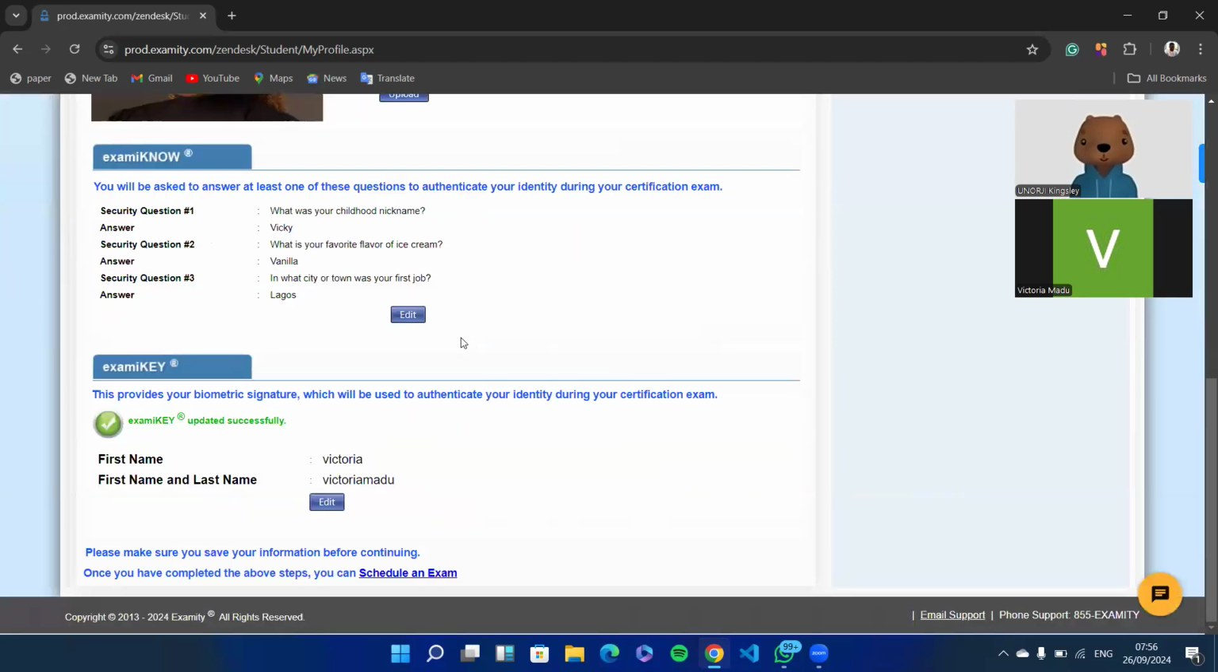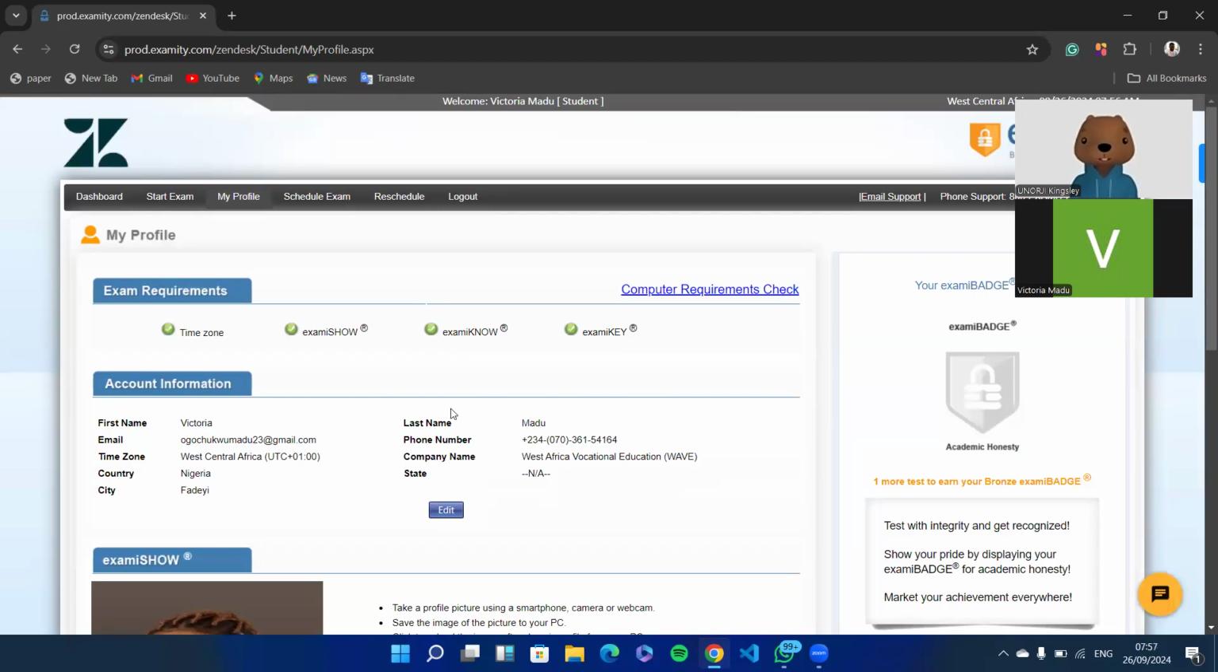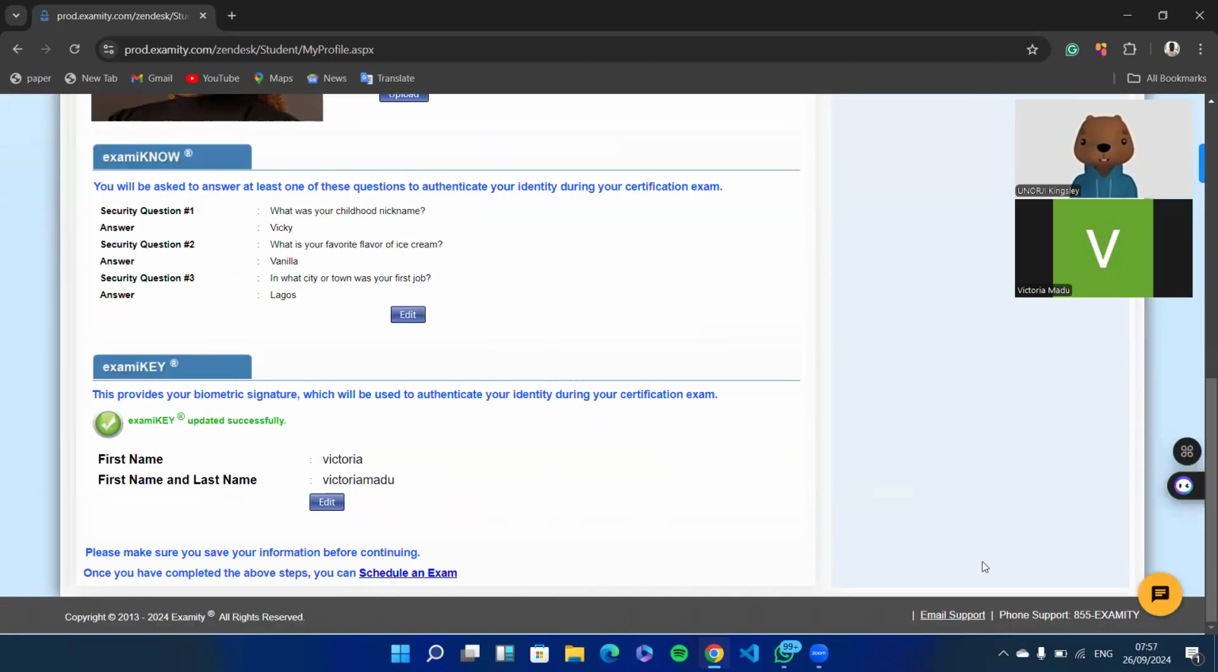So now we've done all of this. The next thing we need to do is now we need to schedule our exams, right? If you check at the bottom here, you realize that you can see something that says, make sure that you save your information before continuing. So all this information, make sure that you remember them,